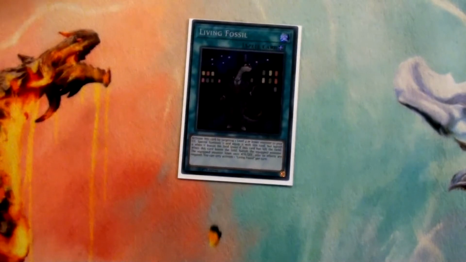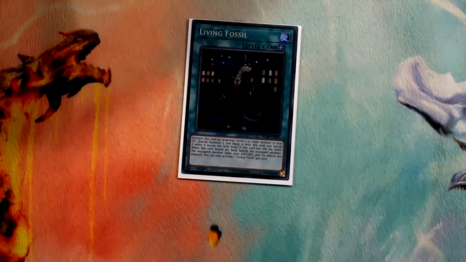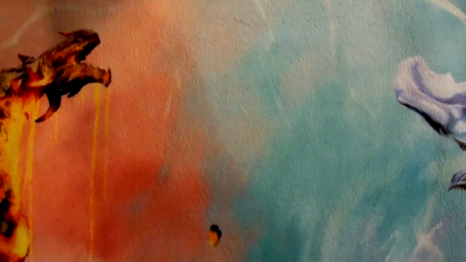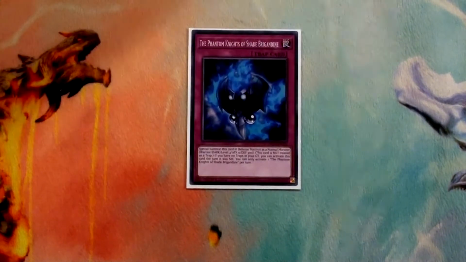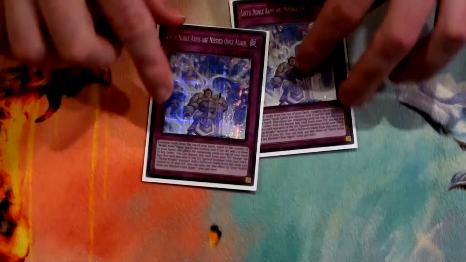And then Living Fossil. Another thing I'd consider is DDR, but like, I don't know. I'll probably try it by replacing the Excalibur with it. But yeah, DDR is really cool with the Phoenix Blade. Then for the traps, we've just got a Shade Brigandine, just as the generic extender, and 2 Until Noble Arms